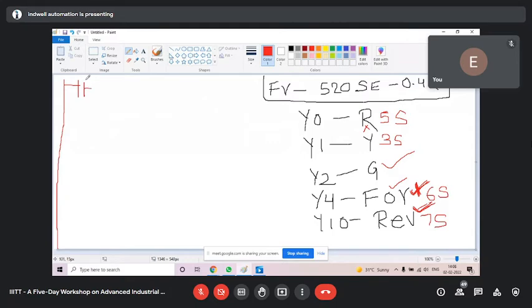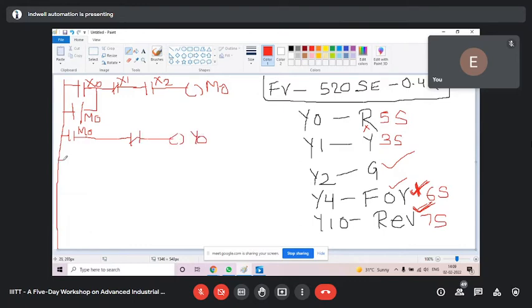Let me also make this program. So X0 and X1 is emergency off. X1 will break latch. Don't worry about that. X1 will break latch like this. And you see X2, you have to put like this one. M0, X2. And we need a latch. From M0, red lamp Y0 will be on.